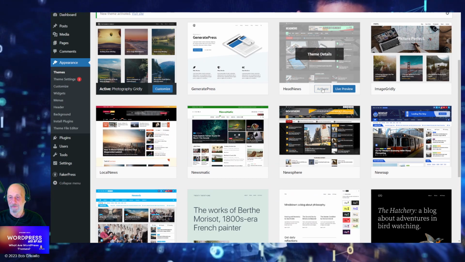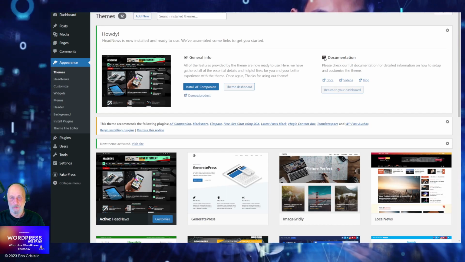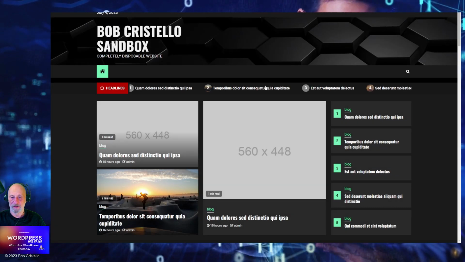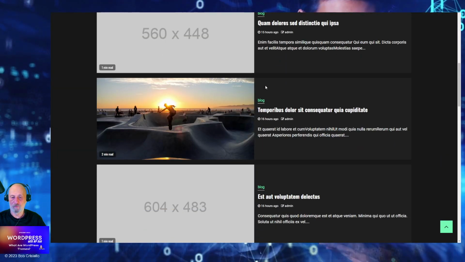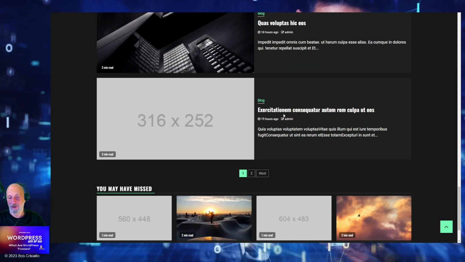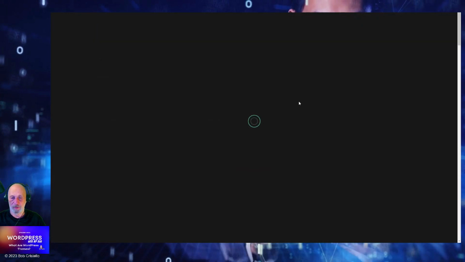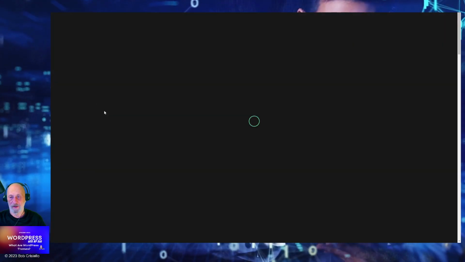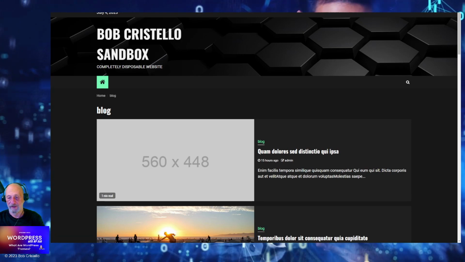Here's another theme. Let's activate this really quickly. And so all we're doing is we're just reskinning the website really quickly. There you go. So that's what the front page looks like. That's an individual blog post. The other thing that we typically look for is what do archives look like. Those are the 3 things you want to look at.